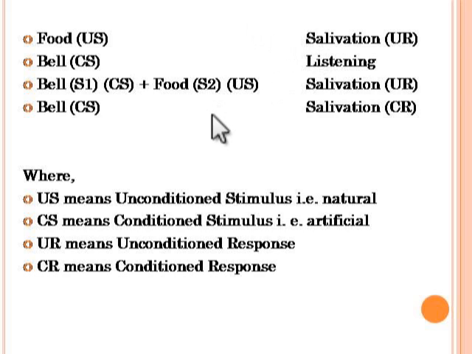Now they changed the process and presented the meat to the dog and rang the bell at the same time. Here, the dog would associate the bell with the meat. Here, the sound of the bell is our conditioned stimulus. During the process of conditioning, the response we are getting is also the unconditioned response. Eventually, the dog was salivating on the sound of the bell even if the food was not presented.